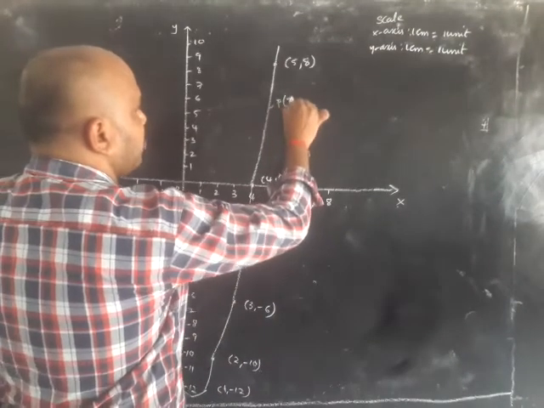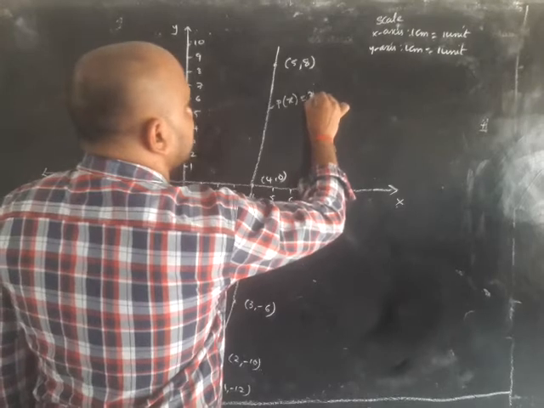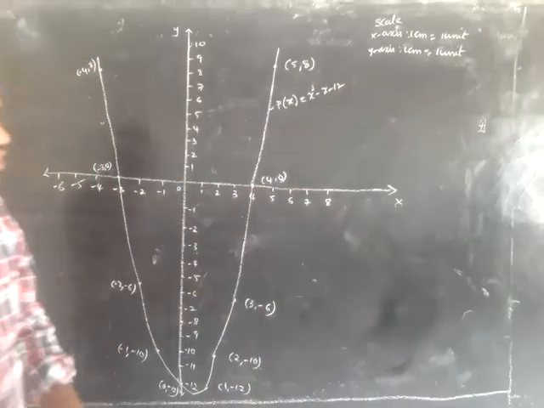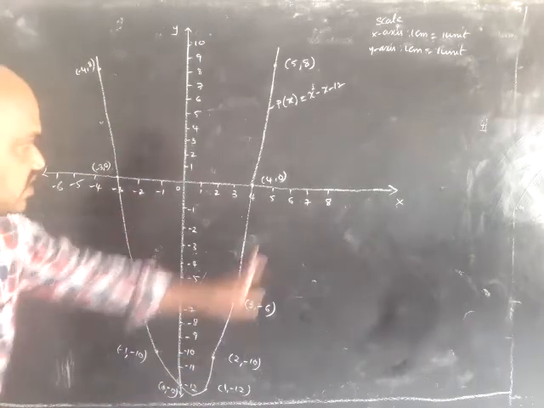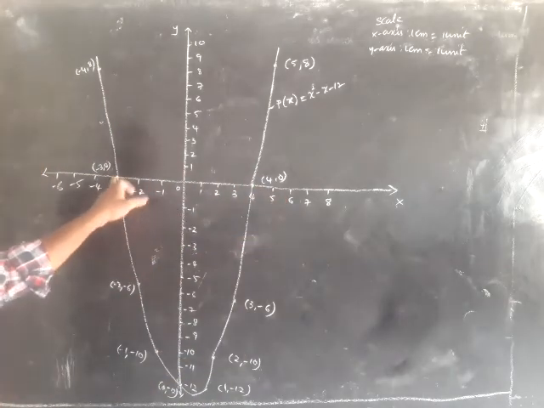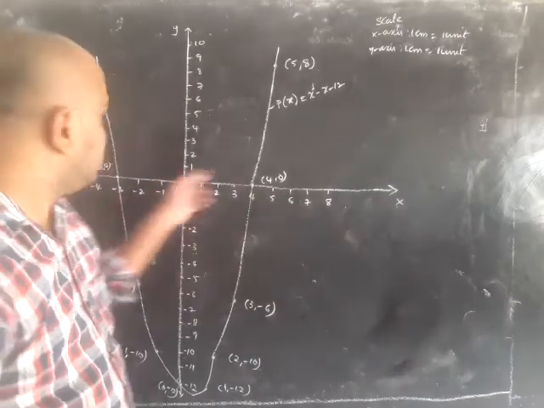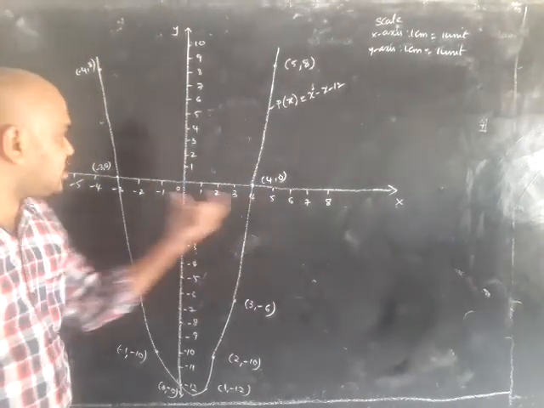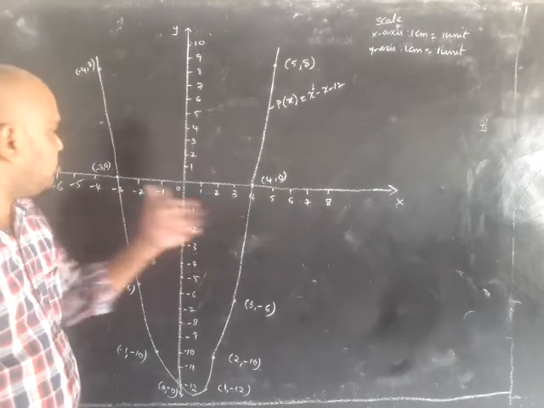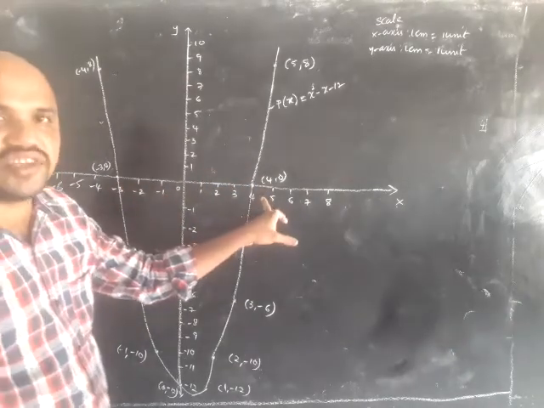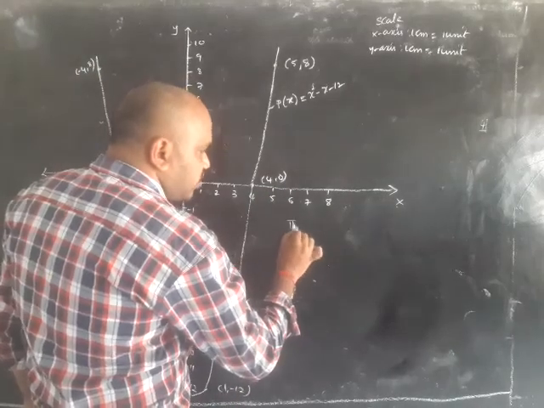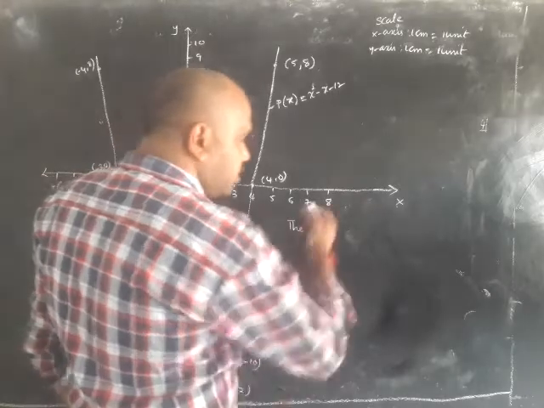See here, this is the graph of the polynomial p of x is equal to x square minus x minus 12. If we observe this, the graph is intersecting the x-axis at 2 points. One is minus 3 comma 0, one is 4 comma 0. So it is intersecting at the x coordinates minus 3 and 4. Therefore the zeros are minus 3 and 4. So you have to write this on the right side, below the table.